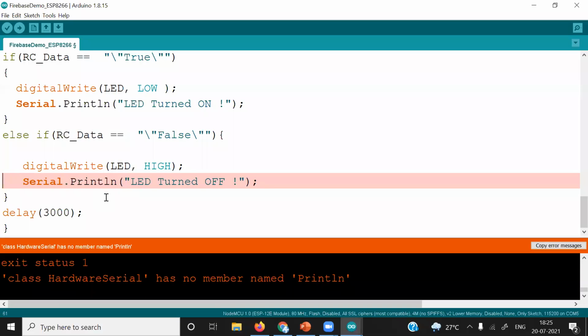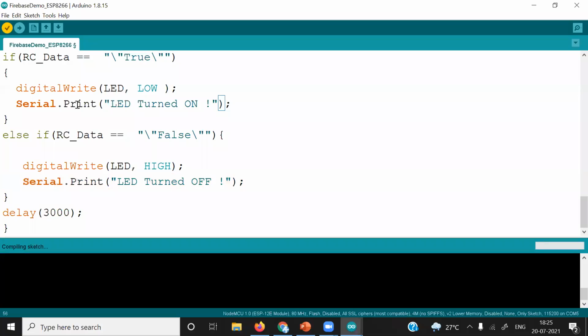I think I used another function. Sorry, a small p. I think it should be a small p.